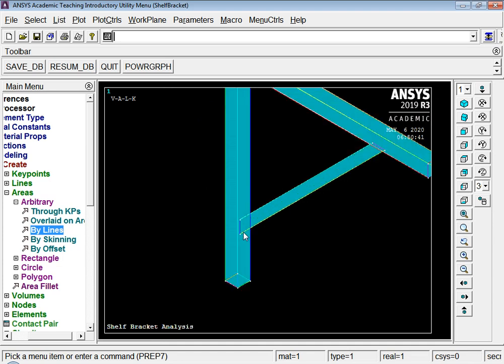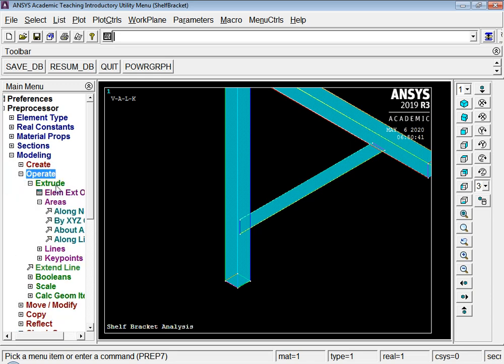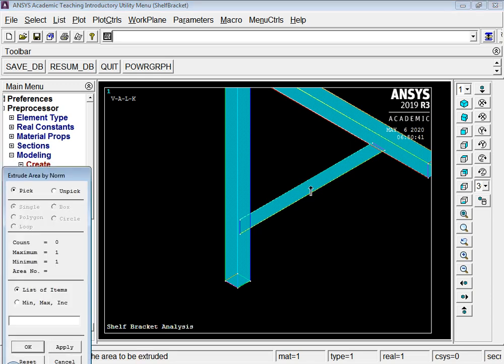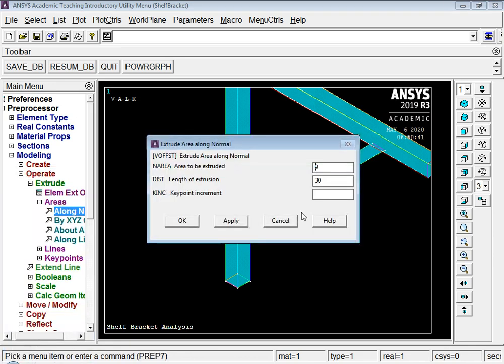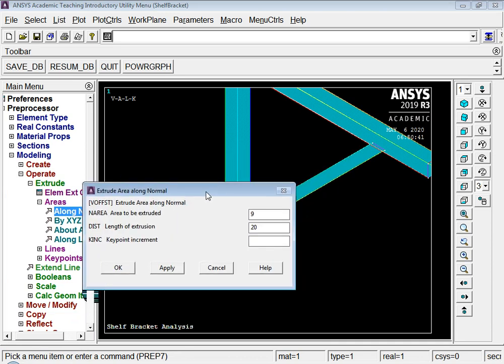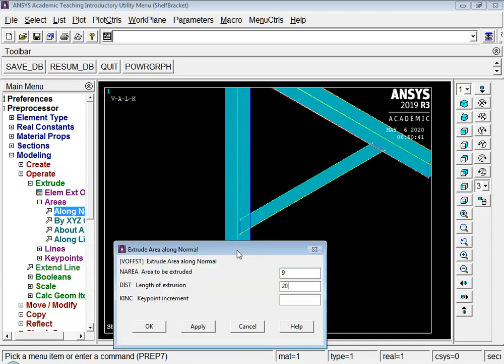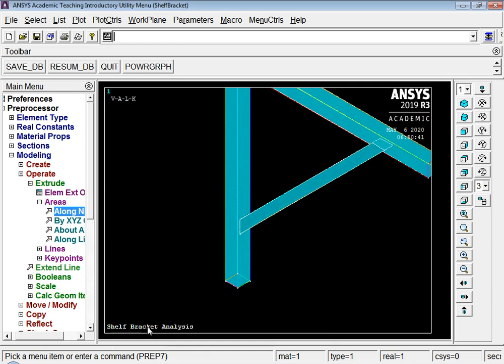So now we just have to extrude this area. So again we'll go to operate, extrude along normal. I'll select this area, and I'll extrude by the distance 20. So again it will be 5 mm from the other side as well. So when I say okay, it got extruded by distance 20,